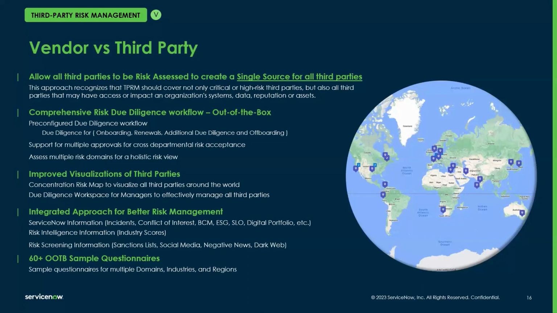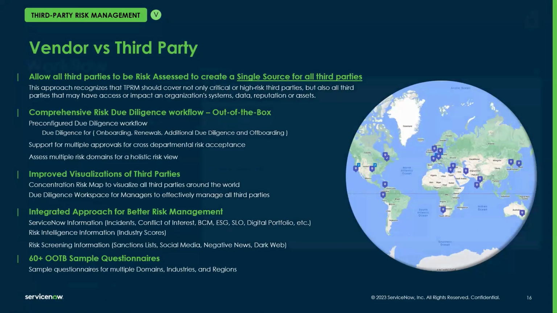So all of the capabilities you know and love in VRM still exist in third party risk management, but we've opened up the architecture and the flexibility to allow housing of any flavor of third parties. And then we've, of course, enhanced those VRM capabilities, and I'll call those out in the next couple of slides. But ultimately, moving forward, our investment and our focus will be on third-party risk management to ensure that we're meeting the needs of our customers and that all of those external relationships can be housed, monitored, managed on the platform.